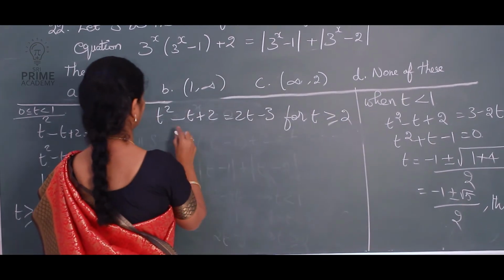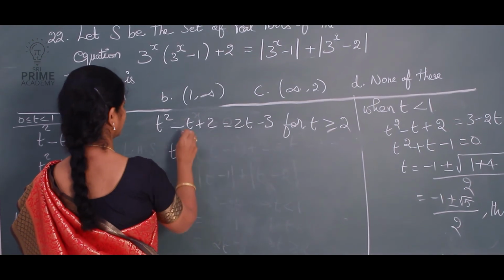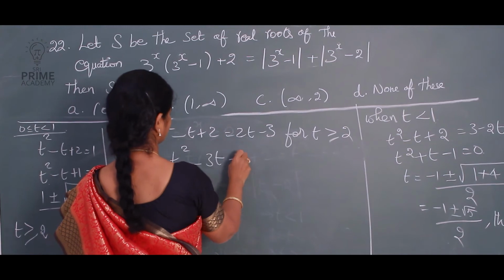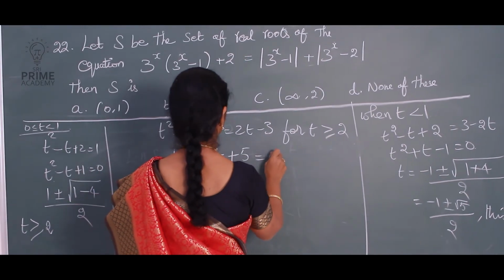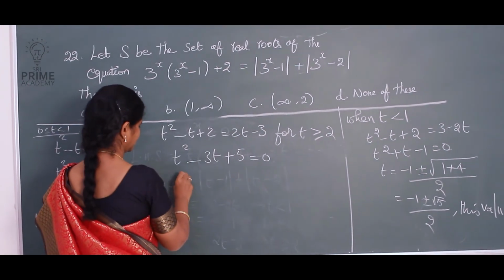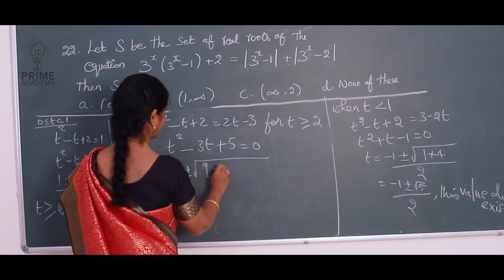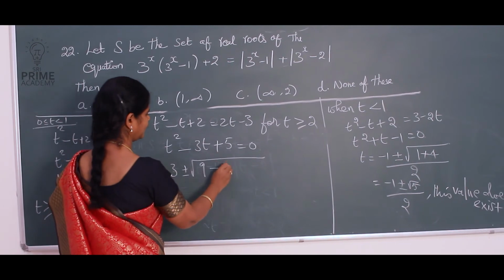Substitute, you get t square minus 3t plus 5 equal to 0. So 3 plus or minus square root of 9 minus 4 into 5, 20,